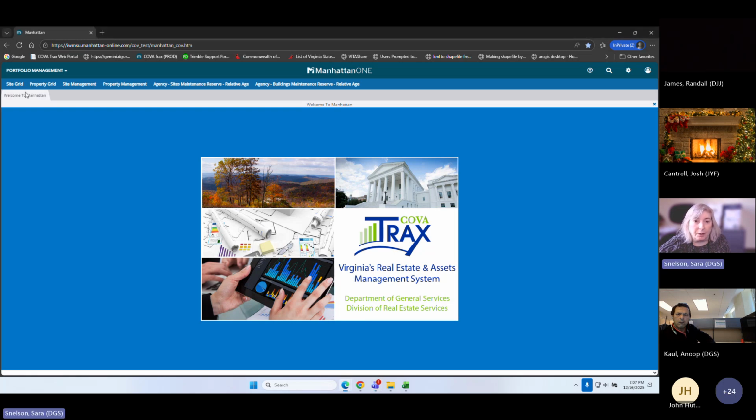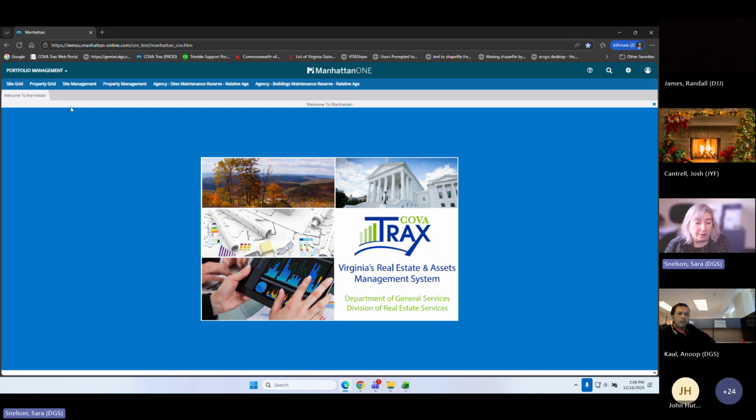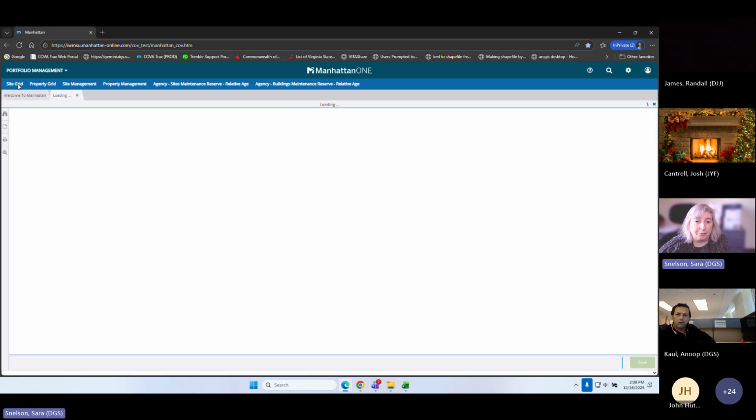Okay, so I'm going to start with what we call a site grid. So throughout the system, we have grids, and grids look like spreadsheets. And this is the way that I recommend that people navigate through the system, because this is going to give you a list of your sites that we have in our database and the properties that we have in the database. And then from there, you would click on a particular site or a particular property, and it will open to the screen where the data entry will begin. So if I go to the site grid,